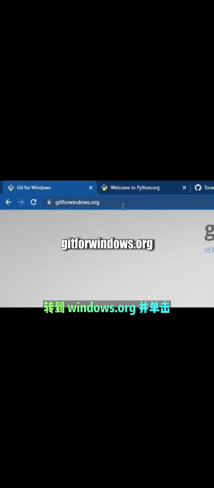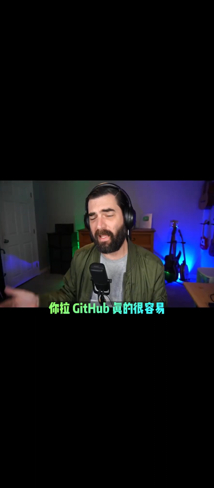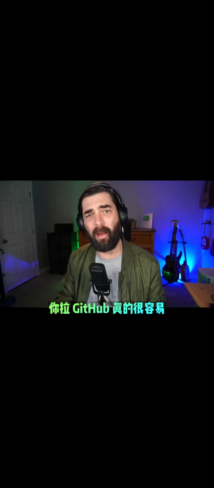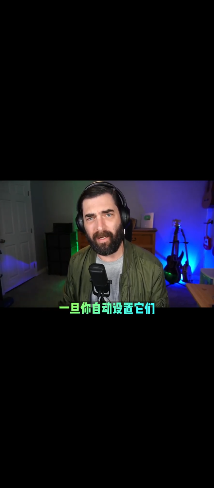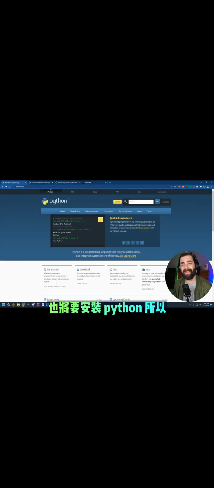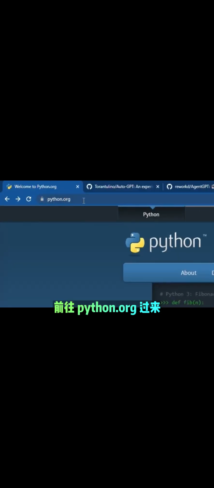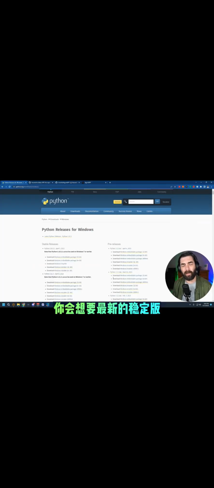So to install it on your computer, the first thing you're going to need is Git for Windows. So come over to gitforwindows.org and click on download and install Git for Windows. This is a tool that's going to make it really easy for you to pull GitHub repositories directly onto your computer and automatically set them up. Once you have Git for Windows installed, you're also going to want Python installed. So head over to python.org, come over to the download section, click on Windows, and you're going to want the